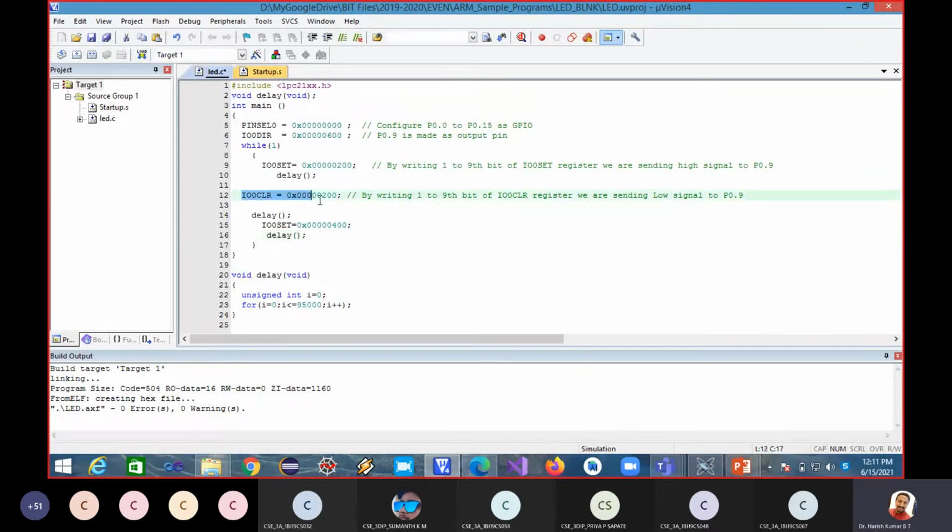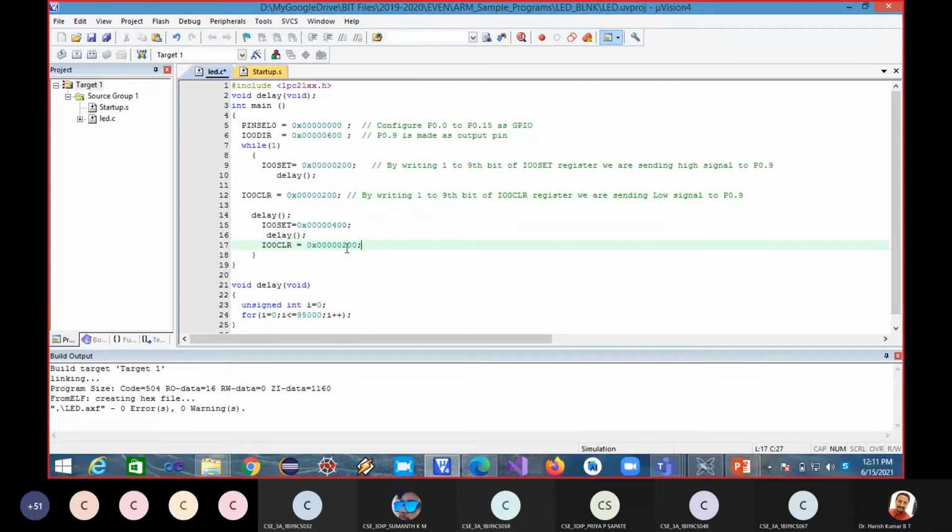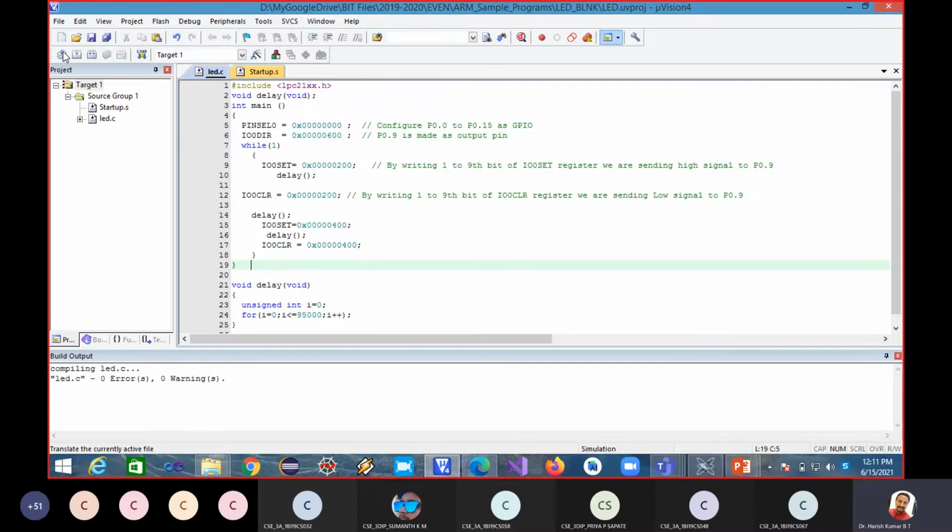then IO0 CLR. Instead of making them blink simultaneously, we have done a sequencing. So when this is blinking, we have this off. Okay, now let me save and translate it.